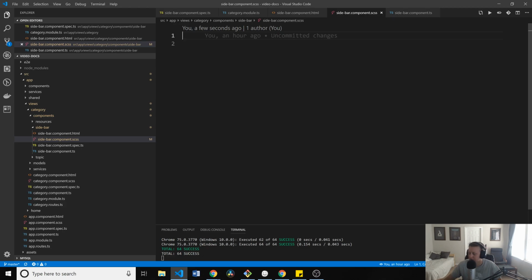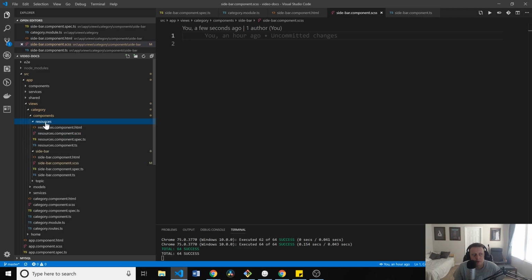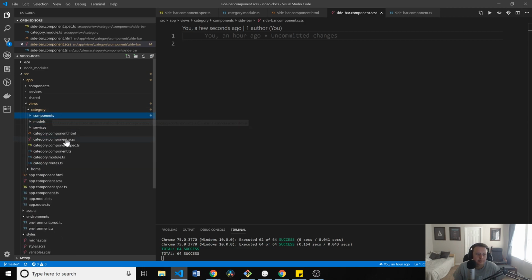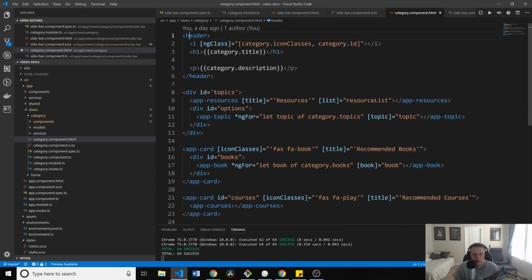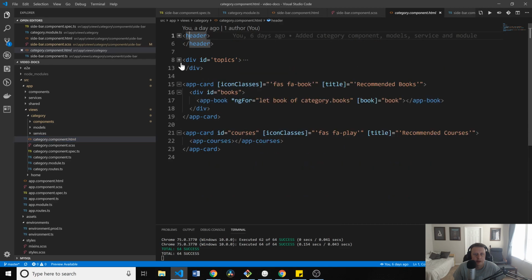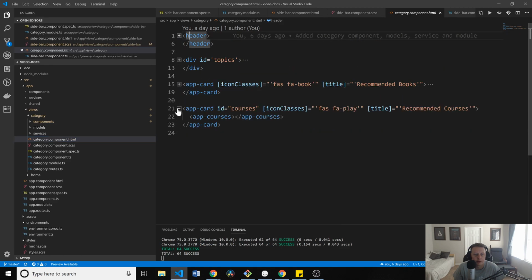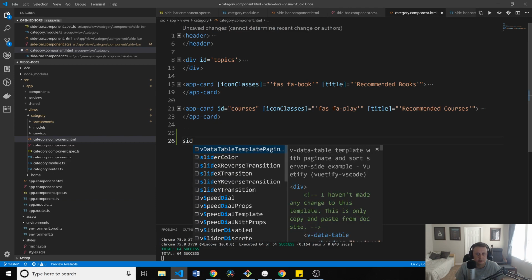Oh man, I got tired all of a sudden. You see our test suite's going. We got 64 tests in this bad boy. Not too shabby. So the sidebar component's going to go on a category page. So you can see we have our header here, we have our ID topics, we have our app card, and now we are going to create a